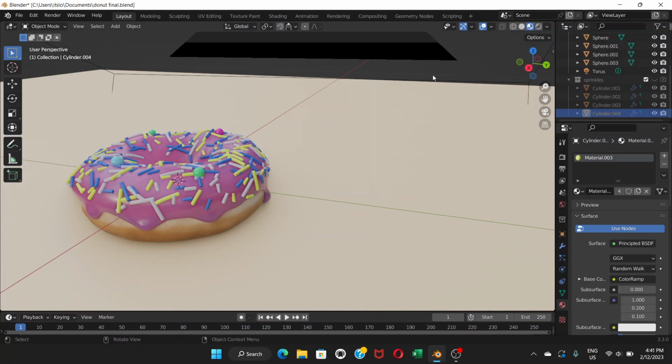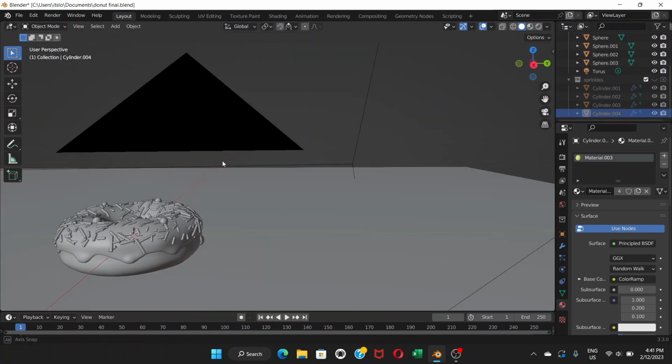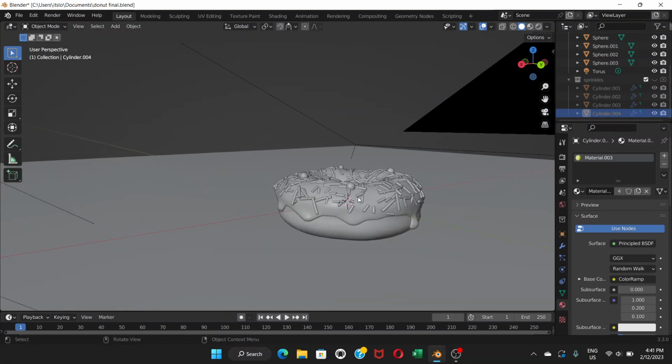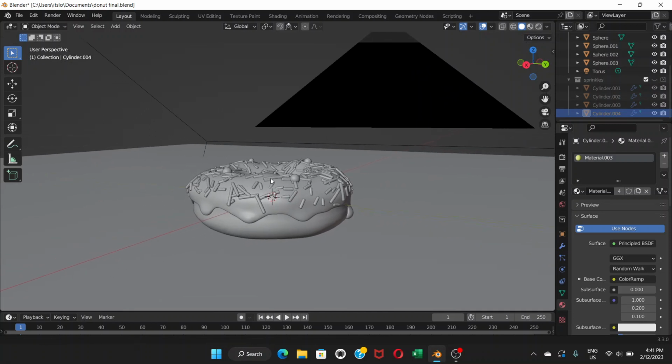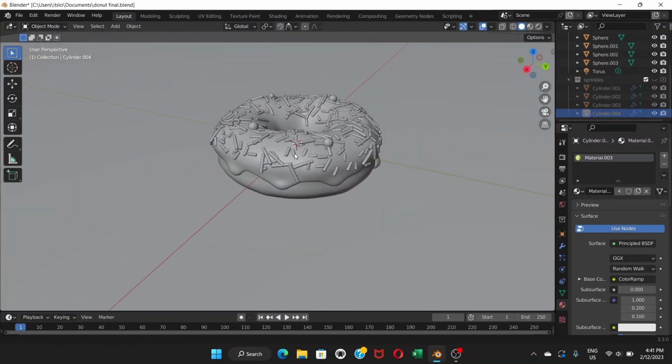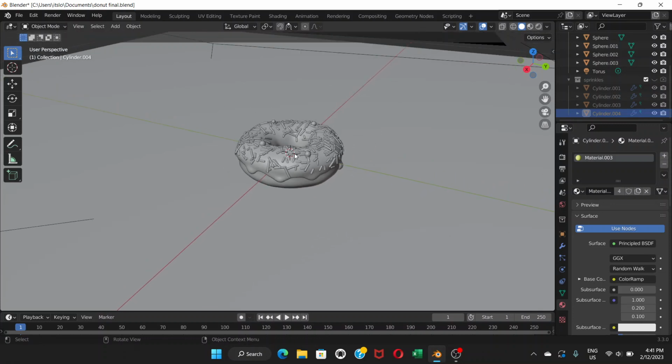To make sure the donut animates smoothly, we want to make sure first we go to solid mode. We work in solid mode, so it won't take much memory from the computer to animate. So first of all, you can just decide your angle. Okay, this is the angle I need,